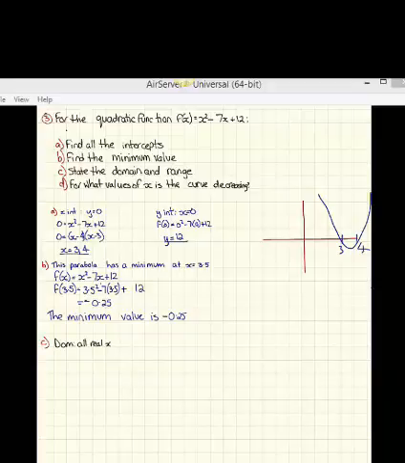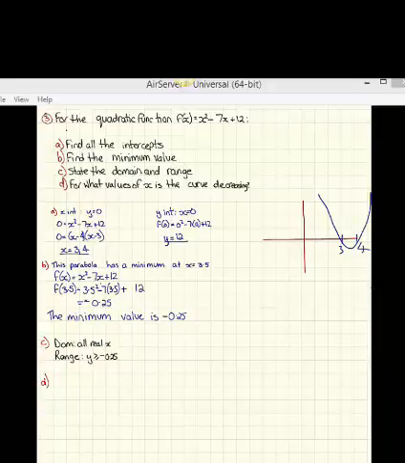Now the range, and this is why you had to do part B, because you needed to find out what that minimum value was. So the range is y is greater than or equal to -0.25. Now for part D, we haven't looked at a question like this before,